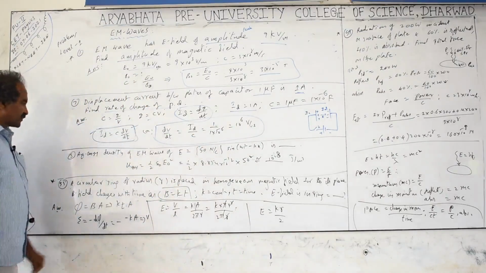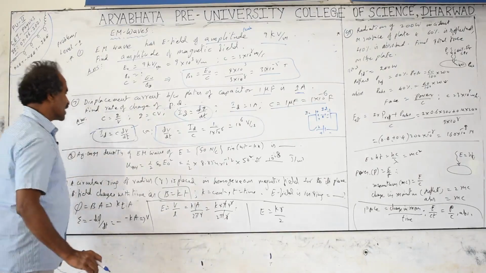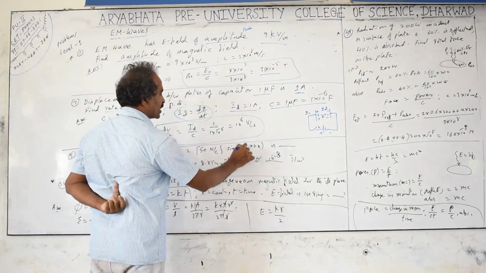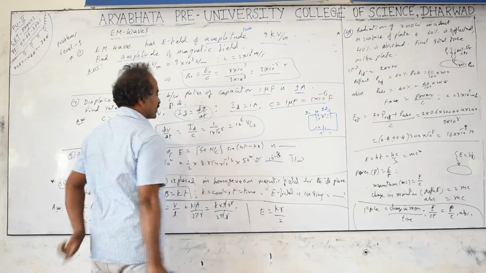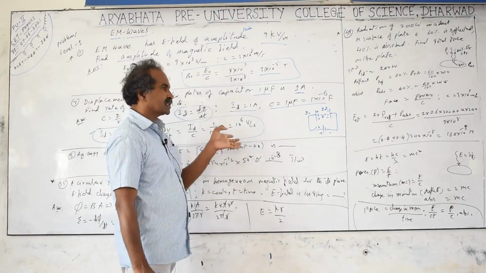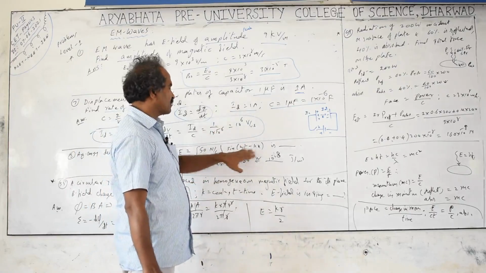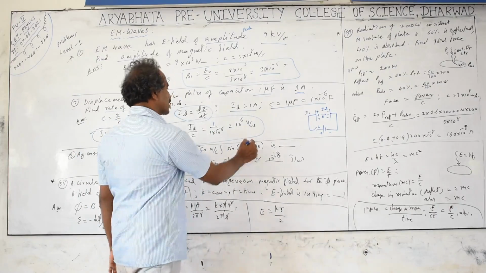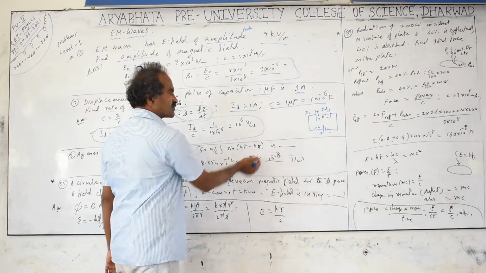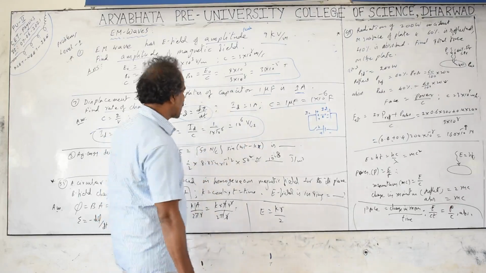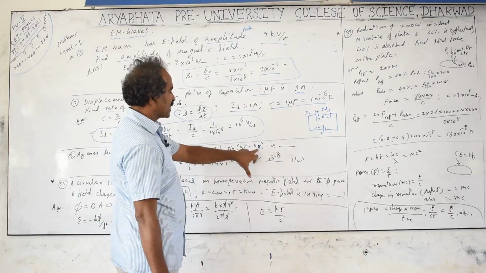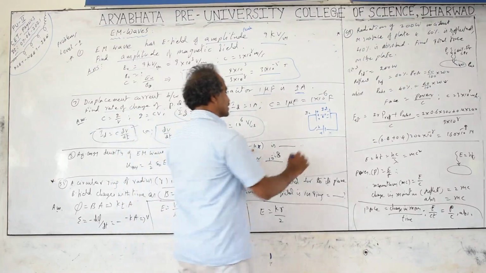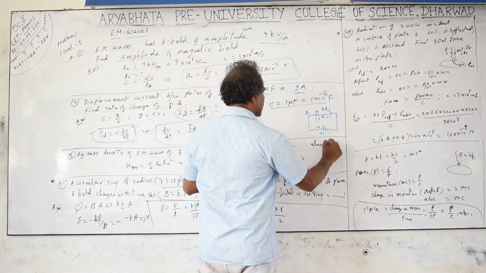Next, the 8th question. The electric field of an EM wave is given as 50 newton per coulomb into sine of omega t minus kx. Whenever the minus is given, the wave is propagating towards the positive axis; plus means the negative axis. So it is going towards the positive x axis. They may give kx minus omega t also, which makes no difference; by taking the negative common, you will get the same relationship. So the wave is propagating along the plus x axis.